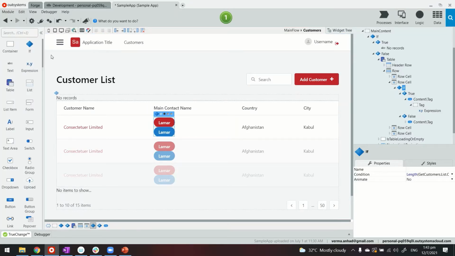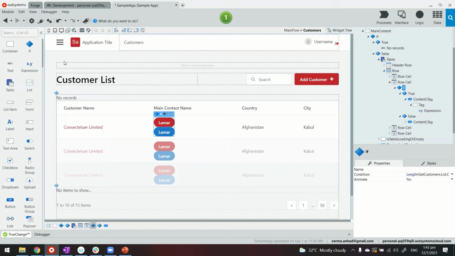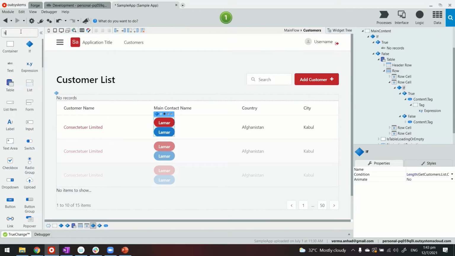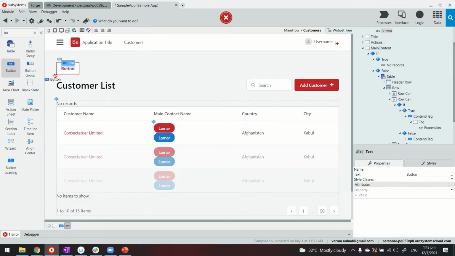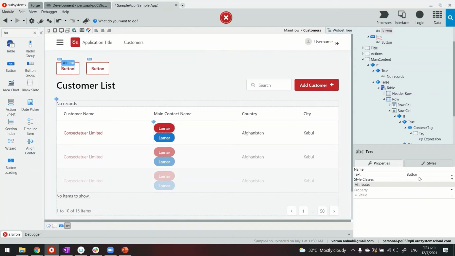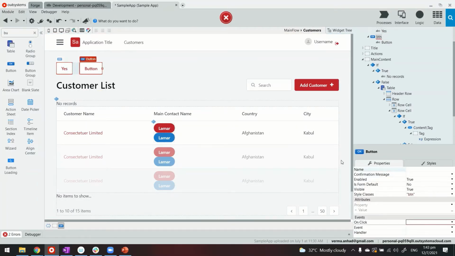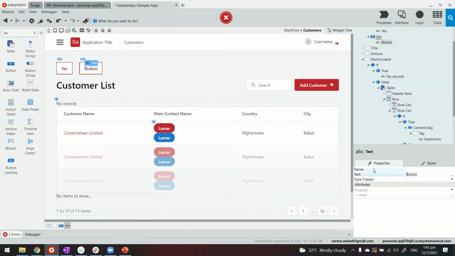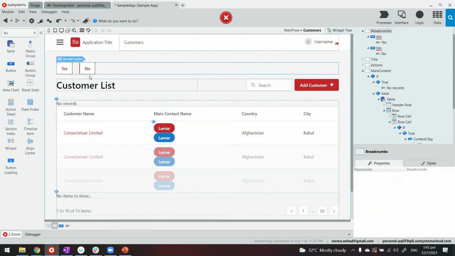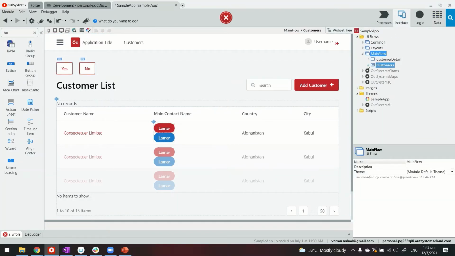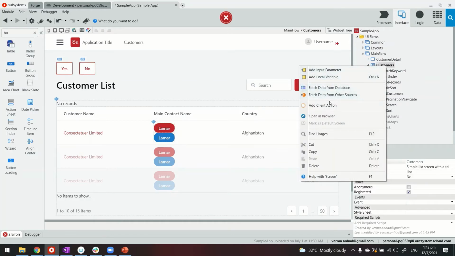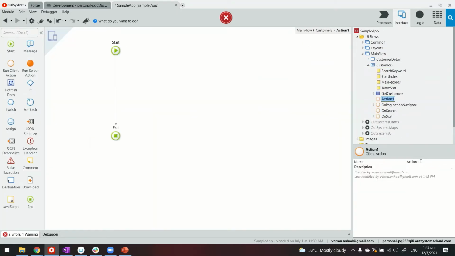Now beyond that, another if would be from the logic. Let's say you have a button. So there's one, there is two. Let's say the button is called yes and the other button is called no. Okay. Now to execute a piece of logic, what we do in our systems is go to the screen, which is my customer here, and then I can add a client action here. Let's call it button click.